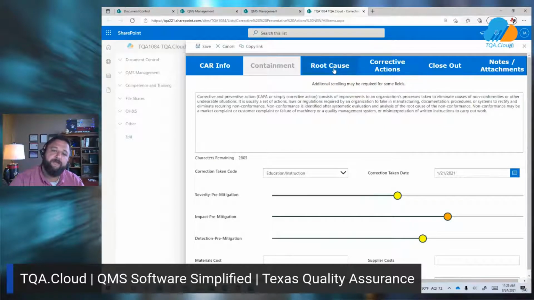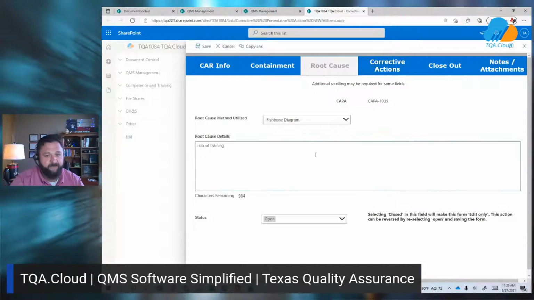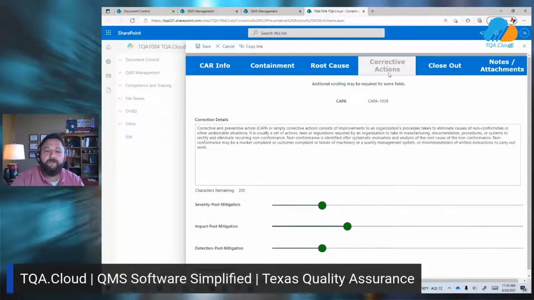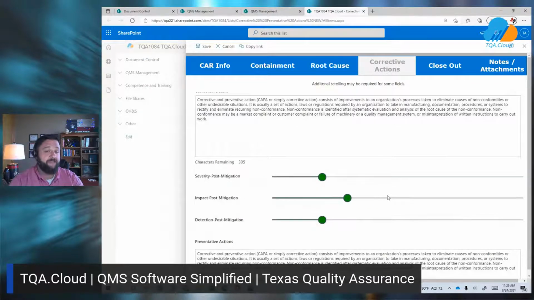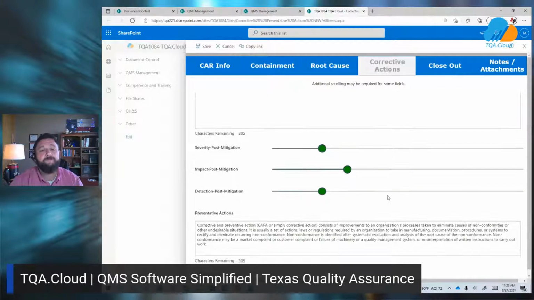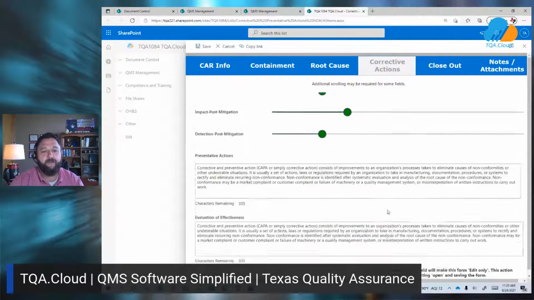So here, after we do our root cause and identify the appropriate details there, we can move to our corrective action phase and then identify our risk post mitigation. It's a really great way to show evidence of risk-based thinking without having to have so many lengthy registers and additional documentation that, if we're honest with ourselves, we only look at once a year before the management review. So we make sure to get all of this in here in a very functional, practical manner.